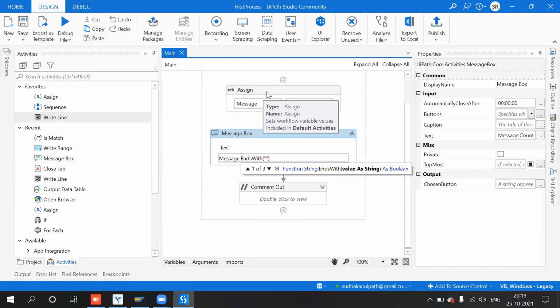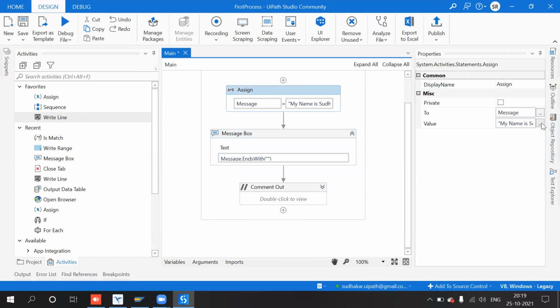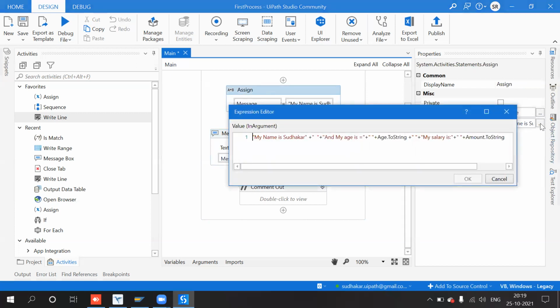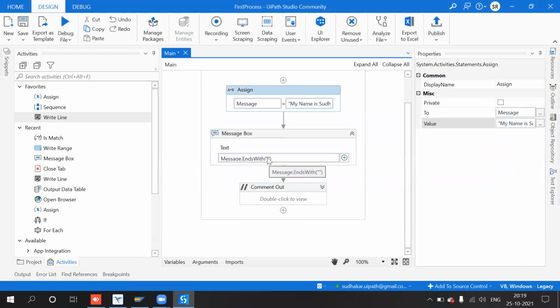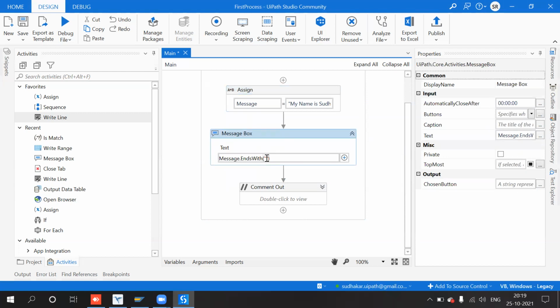So what is the value here? Ends with "my salary is". Ends with "salary".